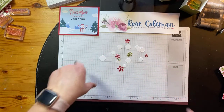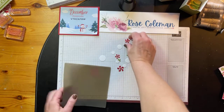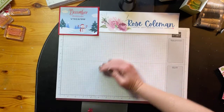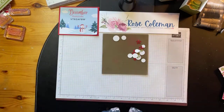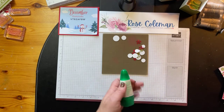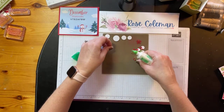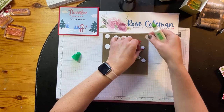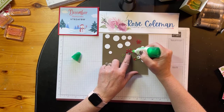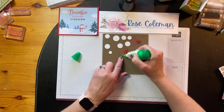Okay, so I'm going to stick these together. I'm going to grab my silicone mat because this is my favorite way to control the glue. So I'm going to swipe all of this onto my silicone mat. And we're going to glue this stuff together. So I'm just going to put my circles up here and we're going to quickly come in here and add some glue to these little candy swirls. So I'm just going to get my glue going and do a little dot on each of the little candies,